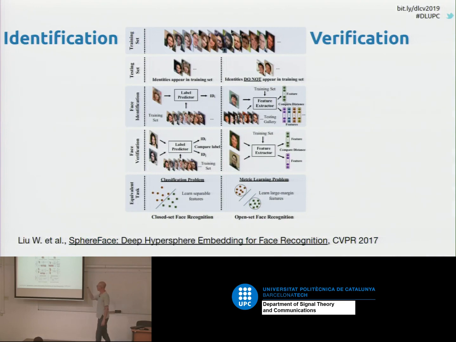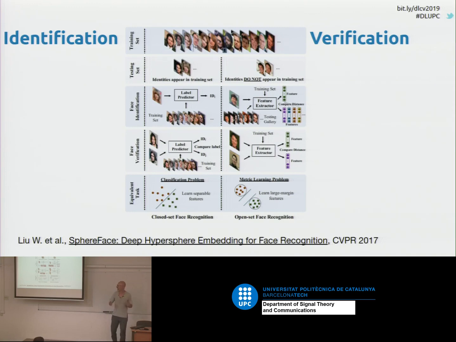So let's see a global overview of face recognition. Usually you have two different kinds of systems. We could classify them in closed-set face recognition. In closed-set face recognition, you have a training database, and all the individuals that can appear at test time, at production time, do appear in this training database. So you are sure that there are no people outside this database.